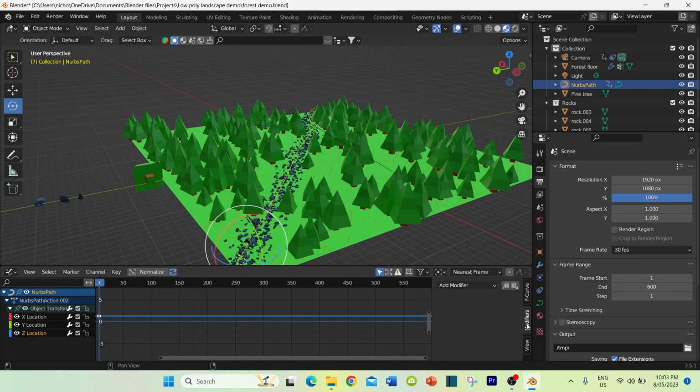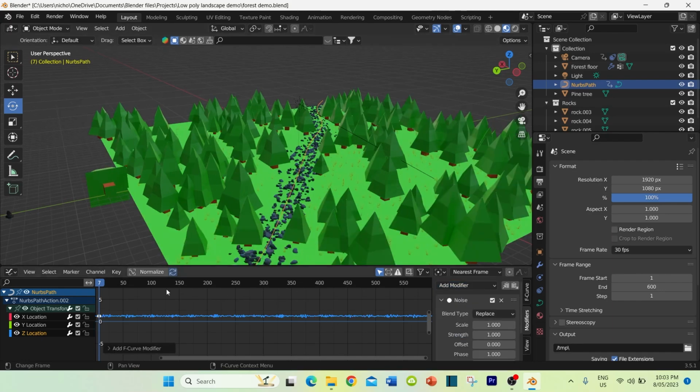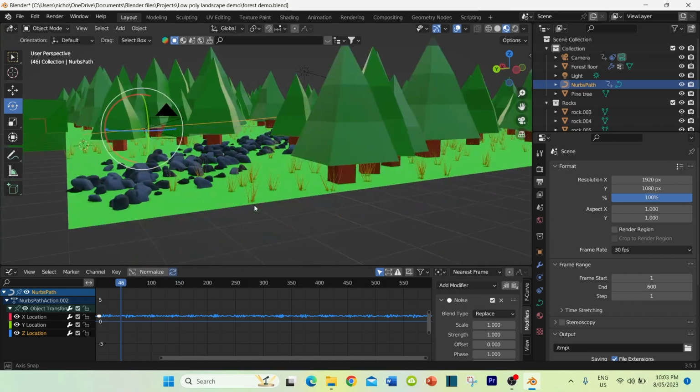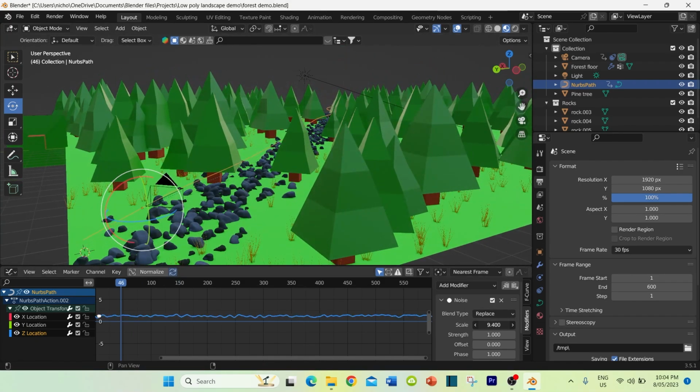Go here to modifiers, add modifier, add noise. So what that's done is when you press play, you'll see that line is now bouncing up and down. So we need to change the frequency of how much that line is bouncing up and down to make it look a little bit like it's a person walking along. So I'm taking the scale here and increasing the scale. If we put it around about 20